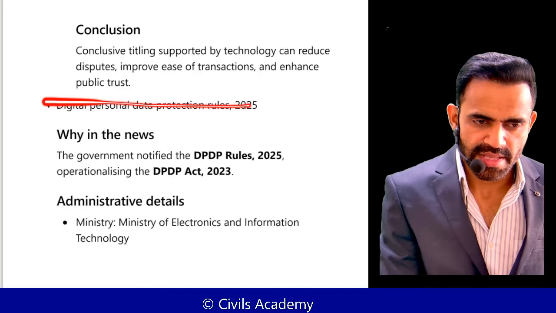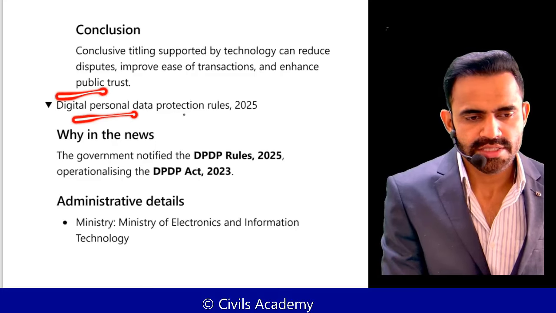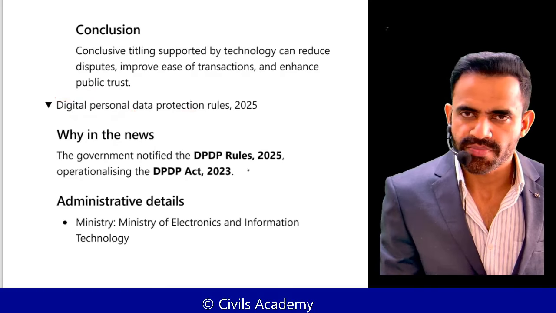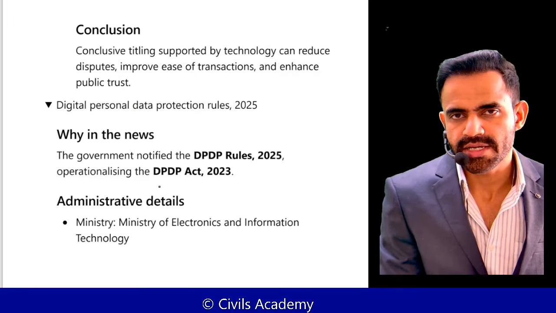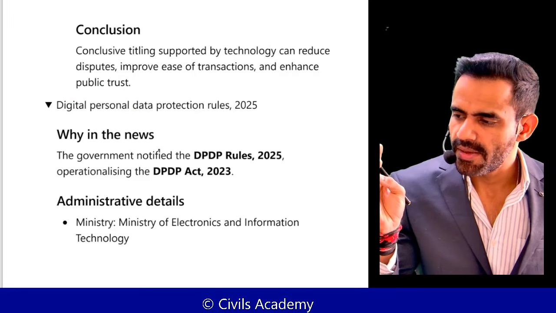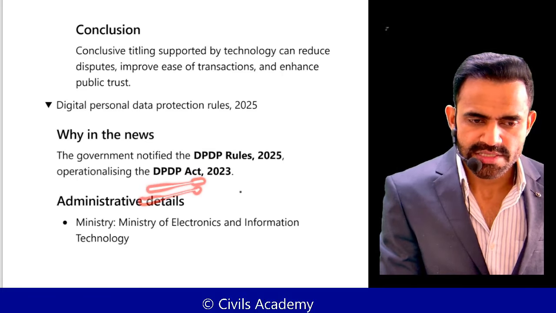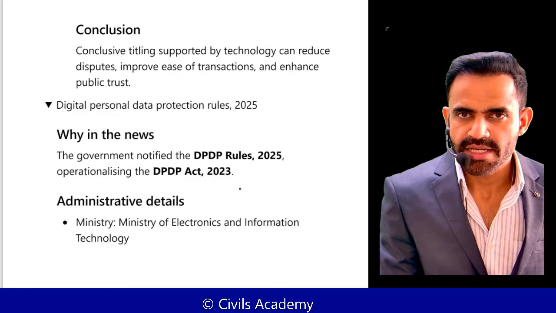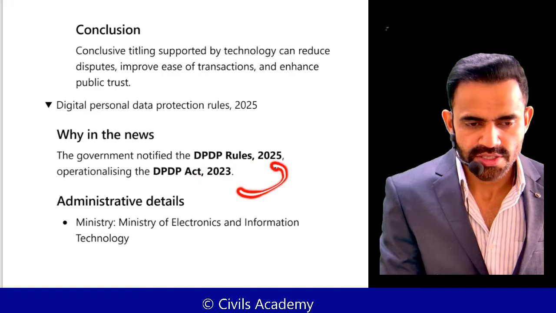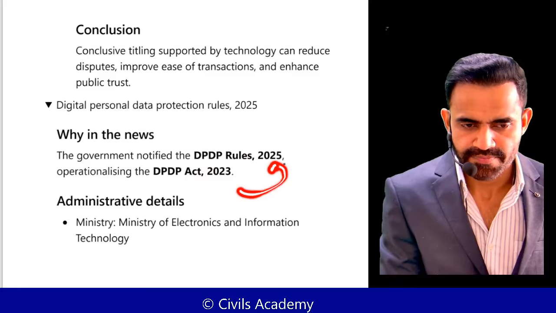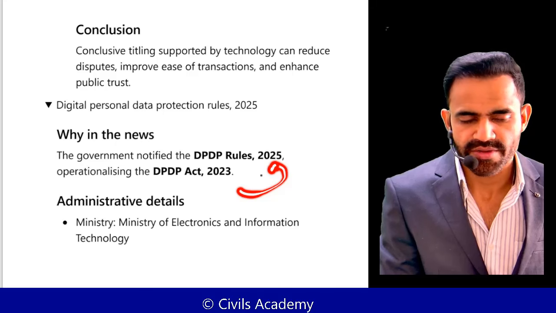Next is related to digital personal data protection rules. Now understand, for the protection of digital personal data, three things are there. Digital personal data. We have the DPDP Act. What is DPDP? Digital Personal Data Protection Act 23. This act is of 2023. Now new rules were issued under this act, and these are DPDP Rules 25, and that's why it was in